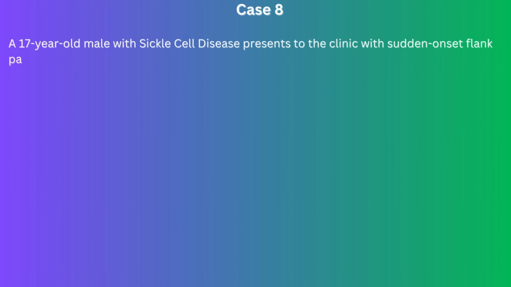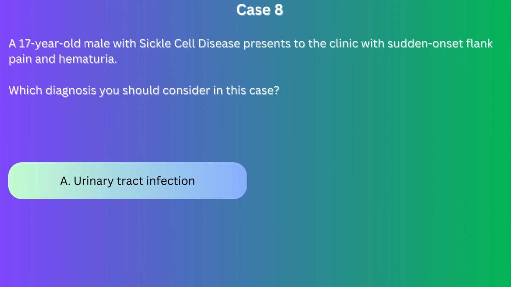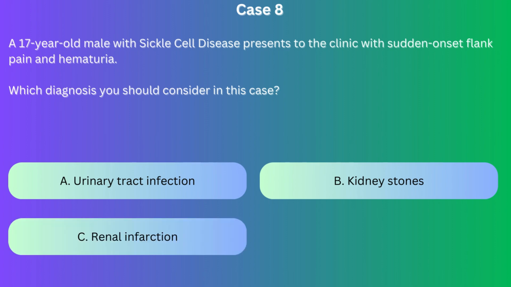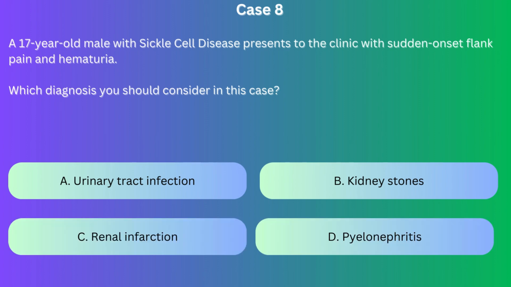Case number 8. A 17-year-old male with sickle cell disease presents to the clinic with sudden onset flank pain and hematuria. Which diagnosis should you consider in this case? A. Urinary tract infection. B. Kidney stones. C. Renal infarction. D. Pyelonephritis. Correct answer C. In sickle cell disease,